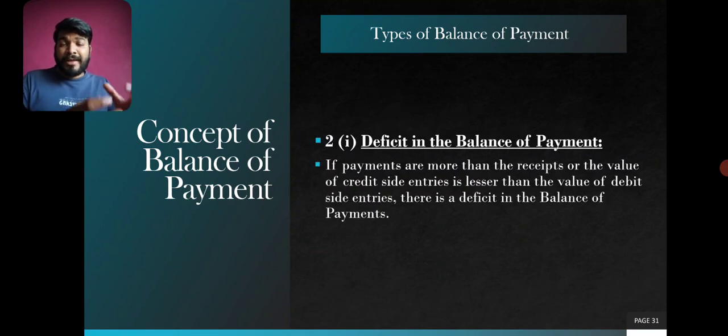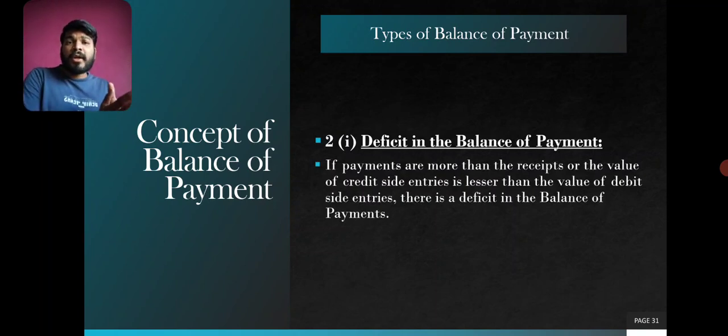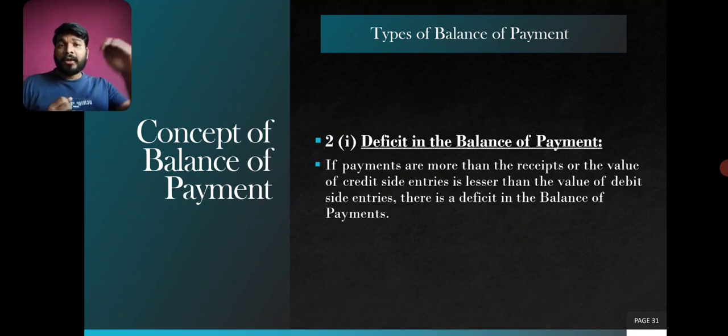are more than your export. Suppose you have imported 200 billion US dollar goods from the rest of the world, but your export is only 175 billion, so 25 billion is your lacking, so that is deficit. That much amount you have to pay extra, that much income you have not balanced with the rest of the world. Because as per your statement, you have imported more and exported less.